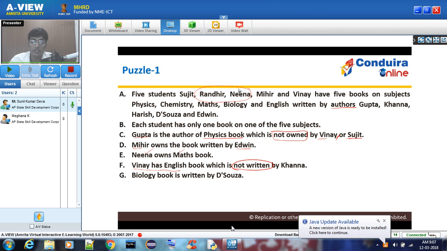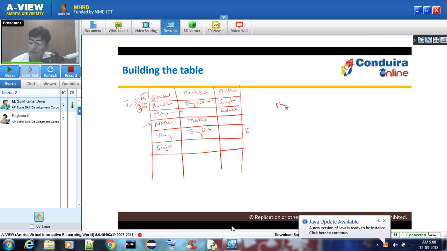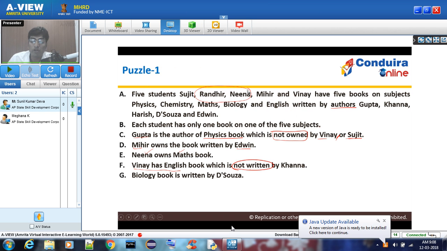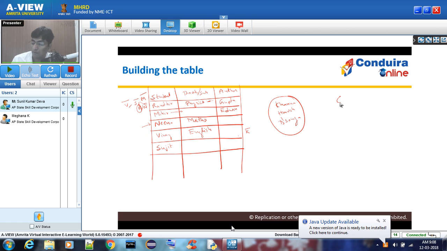We have Khanna, Harish, and D'Souza. Eventually, these 3 cells here will need to be filled by these 3 names. This is going to be somewhat like a Sudoku puzzle. Similarly, for the subjects, math, physics, and English have been written down. So the other 2 subjects are chemistry and biology. Let's also write them. We need to somehow assign these 2 as well, chemistry, biology. If we can write these 5 entities into these 5 cells,